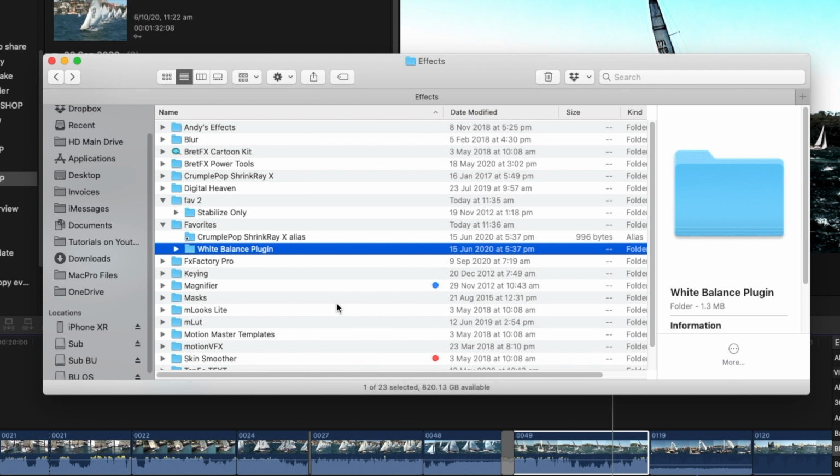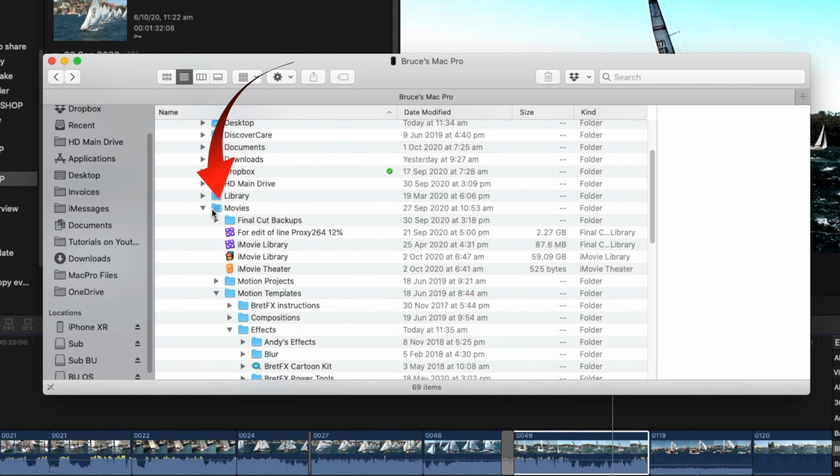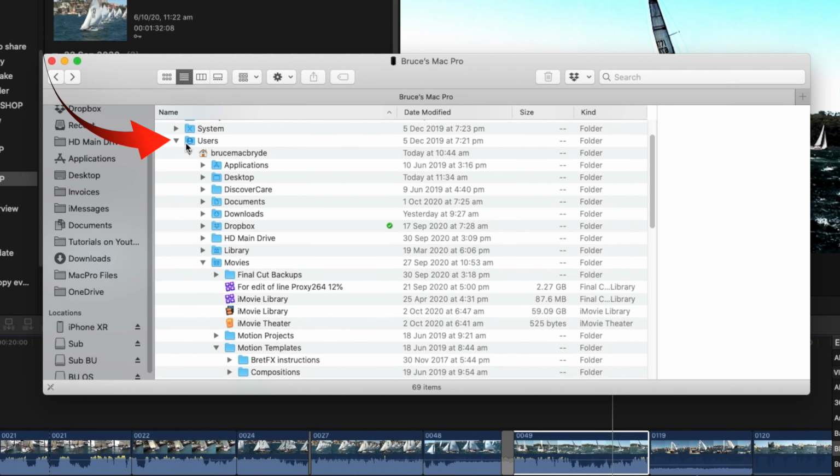You can also use this method of creating and removing effects if you want to move the effects to another computer, or if you're missing an effect, you could go and find them in your backup and then drag them back to your effects folder that's inside your Movies folder in the Users folder. Be aware that if you have paid plugin effects, then these will not transfer without an appropriate license.